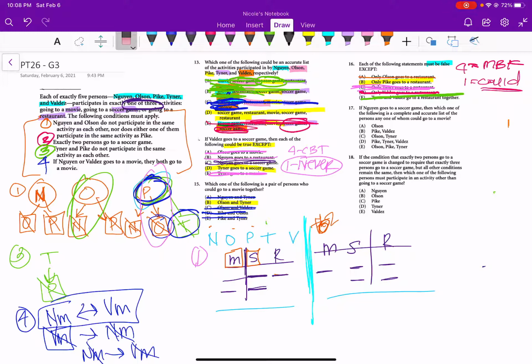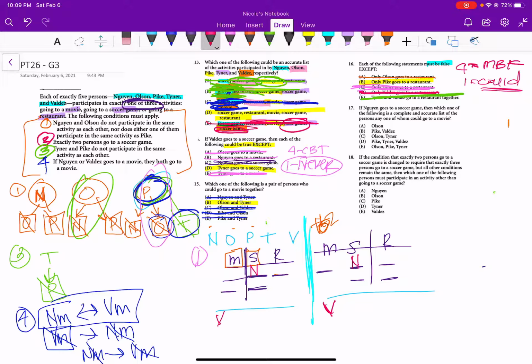If N goes to the soccer game, then which of the following is a complete and accurate list of persons, any of whom could go to a movie? All right, so in our world, let's say if N goes to a soccer game, what do we automatically know? Well, we know that V cannot go to the movie. So which of the following could be a complete and accurate list that are going to the